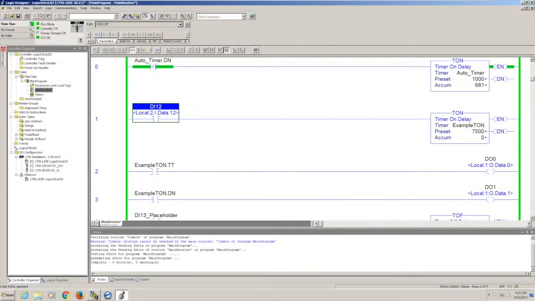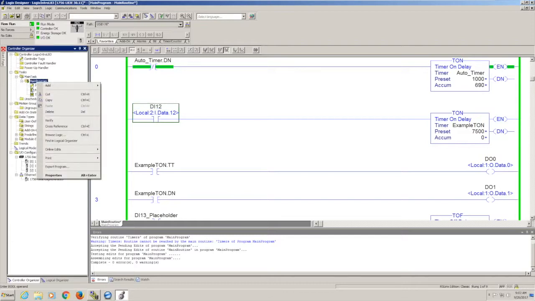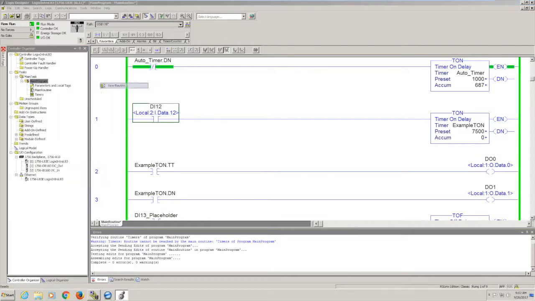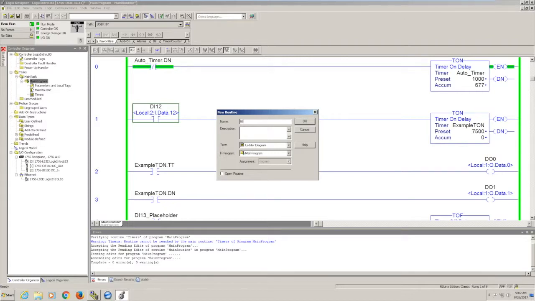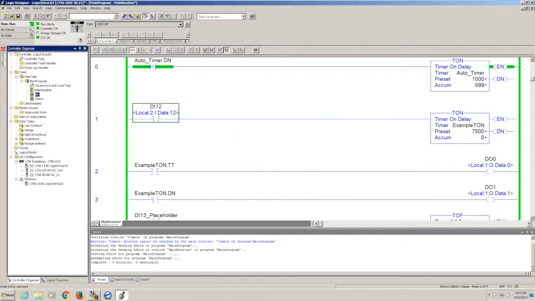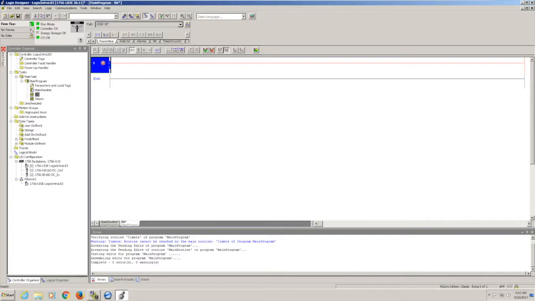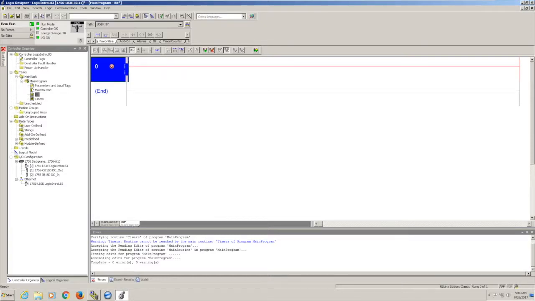The fourth lab that we do in the class involves typing in some of our own bit logic. In order to type that bit logic in, I'm actually going to create a new routine for it. So here underneath Main Program, I'm going to choose Add and New Routine. I'm going to call it Bits. And when I double click that routine, we see an empty rung of logic that we can add our own